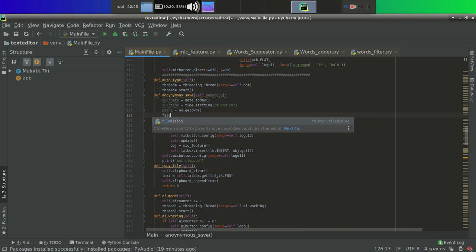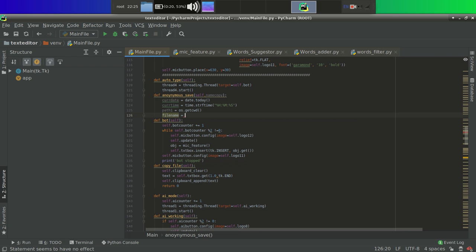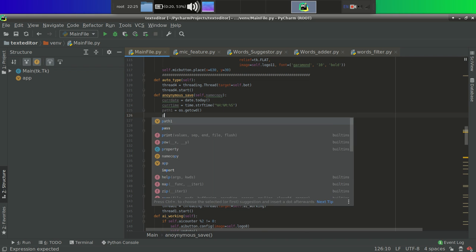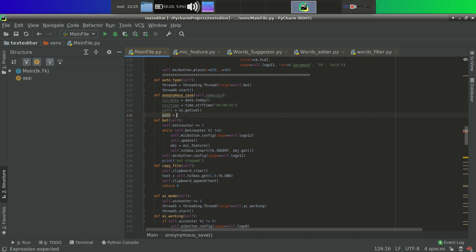So let's add a file name. Actually, file name is a very informal name. Let's add path equal to path1 plus include, and then resources, then underscore usr, then logs, then traverse.